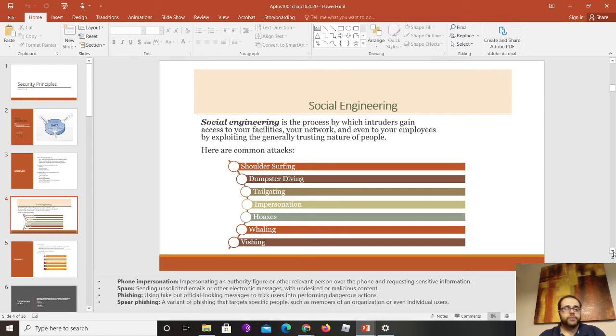Now, vishing is the same thing as phishing, but via voice through the phone. Like, sometimes you get a call from somebody saying, hey, listen, you got approved for this credit card. I'm looking at your bank account here. Can you just give me your credit card number so that I can, you know what I mean? The guy's trying to get your credit card number right there. So that's what vishing will be.